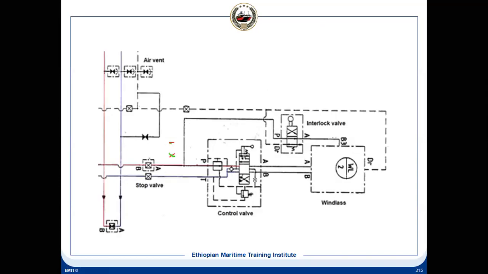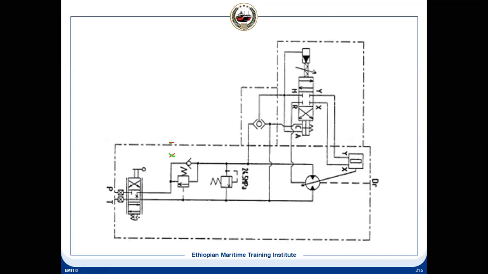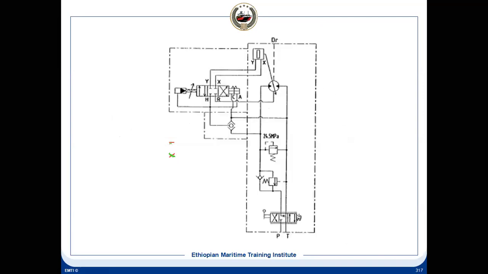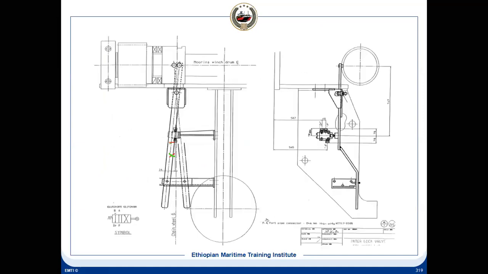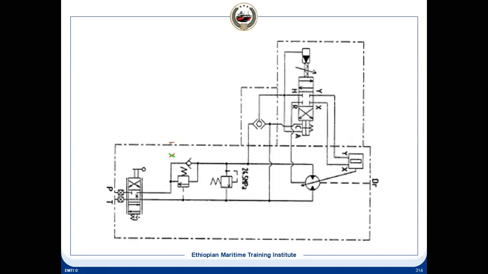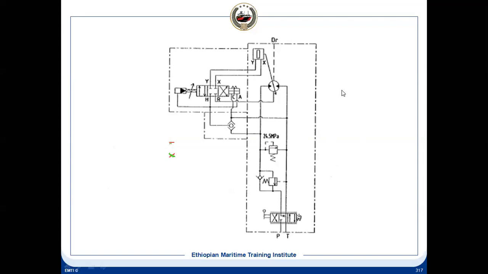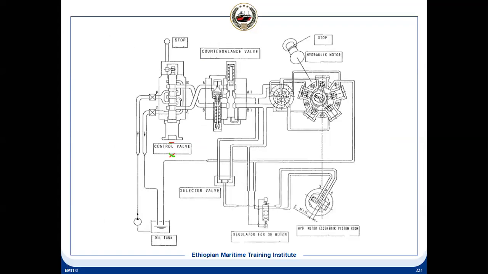It is the same thing which I had just explained. One side it is. So the speed control is done by this hydraulic motor. There is a control valve by which it controls the stroke of the motor. The hydraulic motor is changed. Let us see how it is changed. Then it will be very easy to understand this diagram.